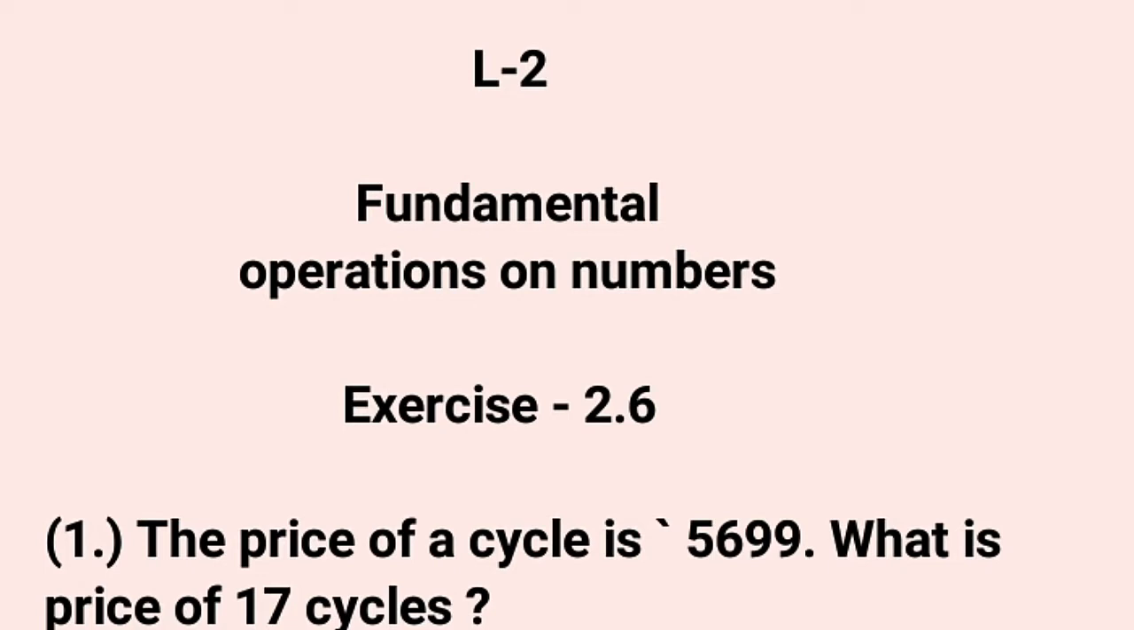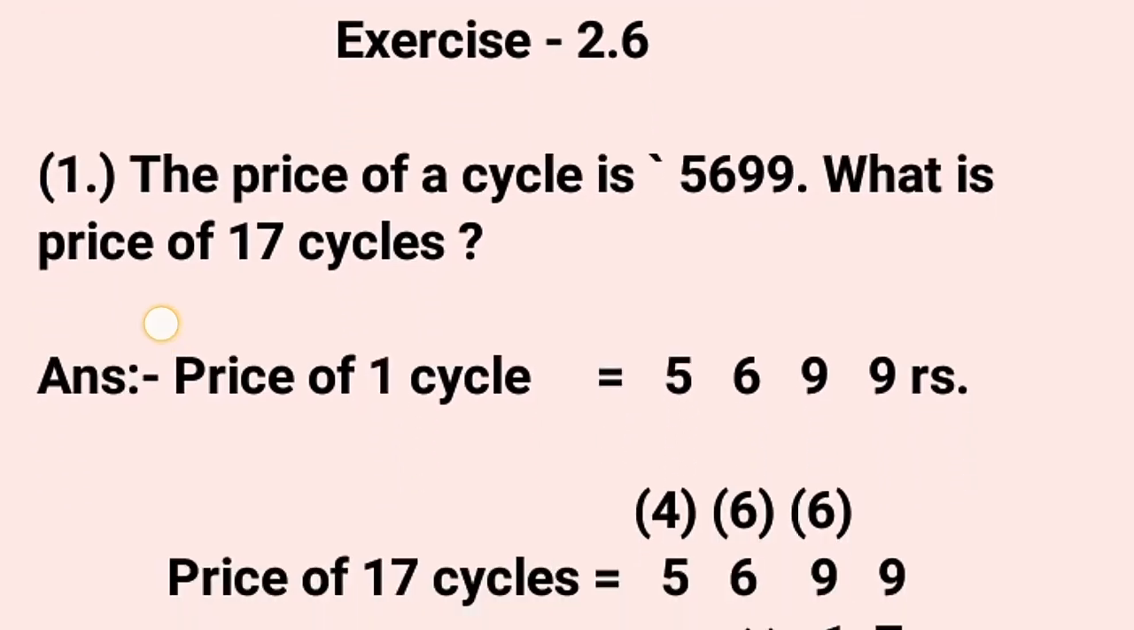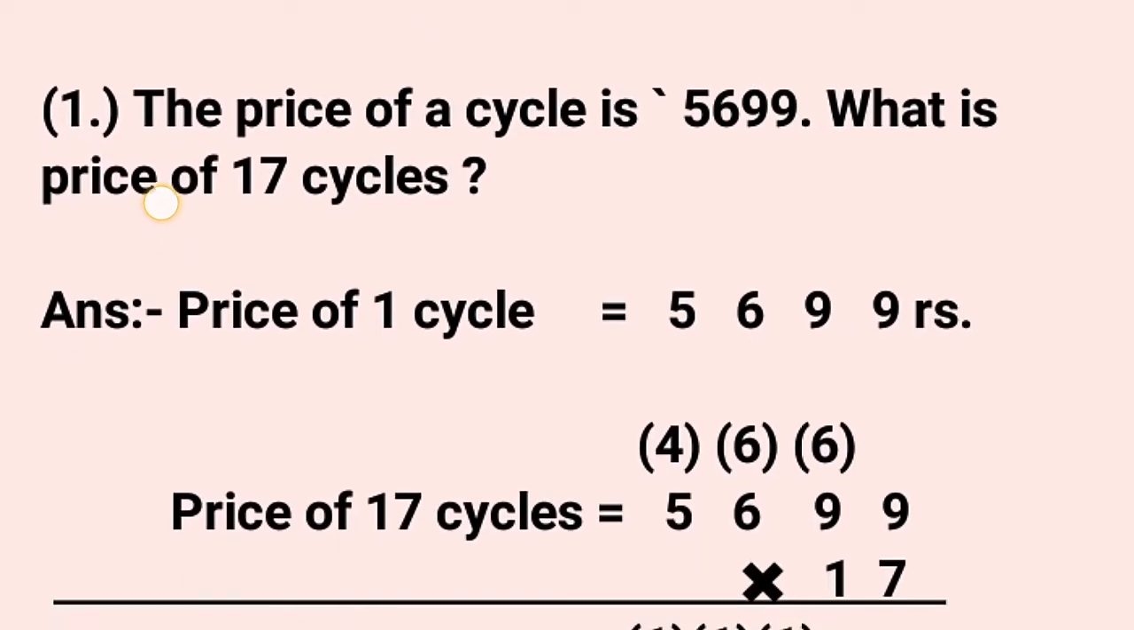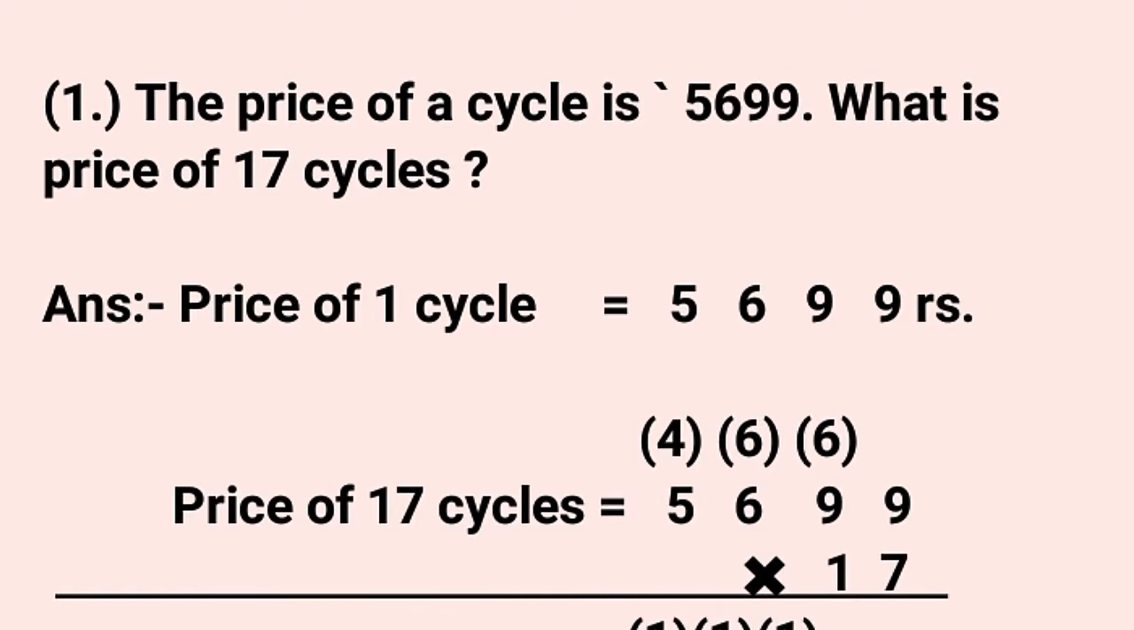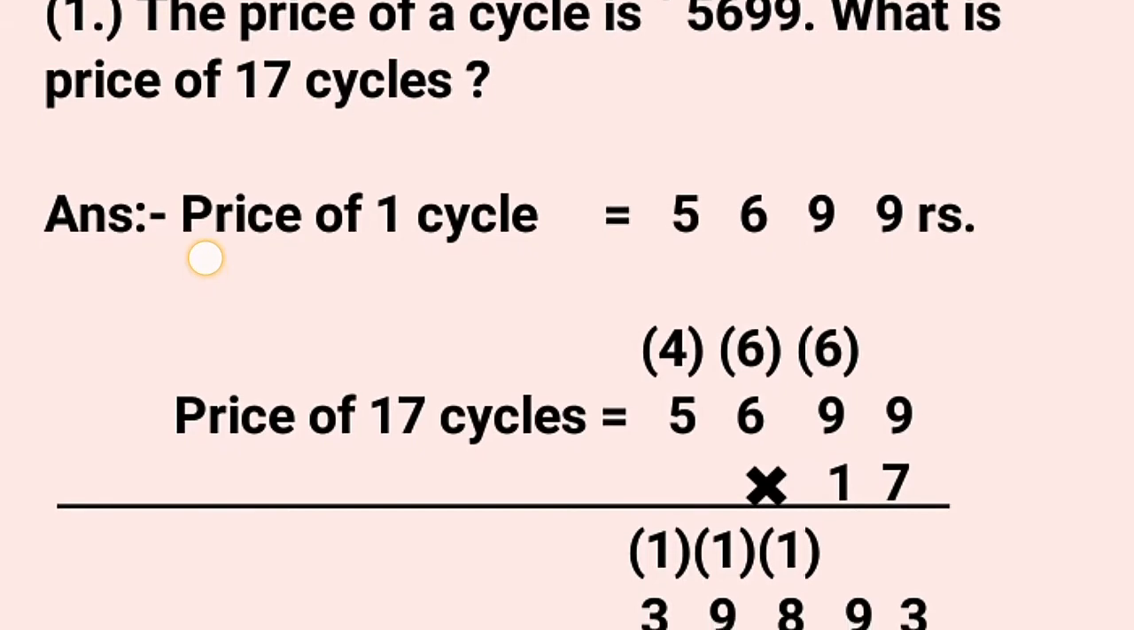Listen to fundamental operations on numbers, exercise 2.6. First, these are the word problems. The price of one cycle is 5,699. What is the price of 17 cycles? So the answer is: the price of one cycle is equal to 5,699 rupees, and the price of 17 cycles is equal to